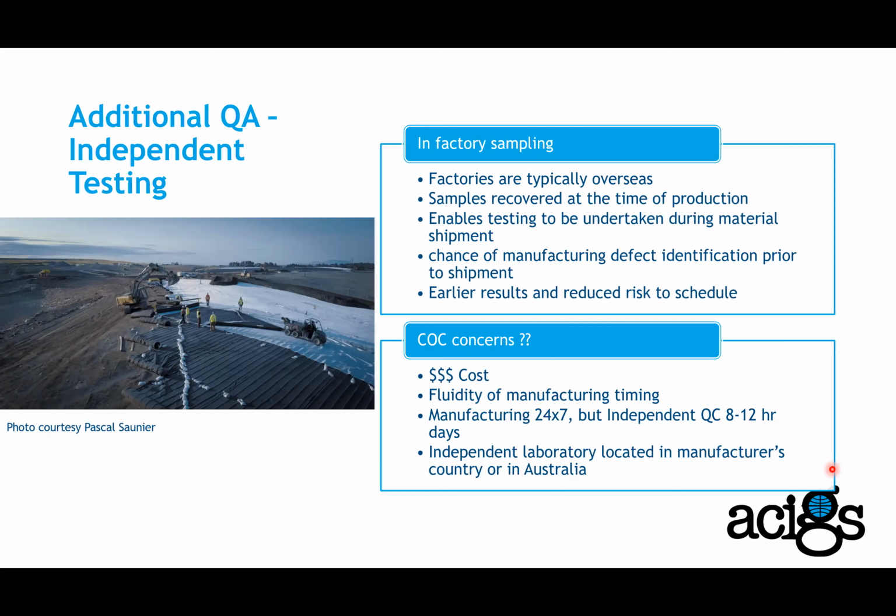Samples from those materials, even independent samples, can be recovered at the time of production. If we can send an independent person to the factory and get those samples there, this enables the testing to be undertaken during material shipment. So as we wait for the material to arrive on site, in parallel, independent testing is ongoing on the material. So the chance of manufacturing defect identification prior to shipment is also higher in this case, because we